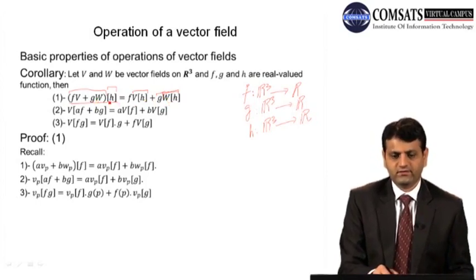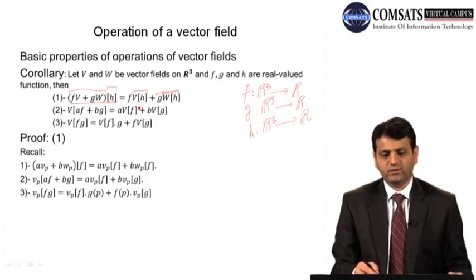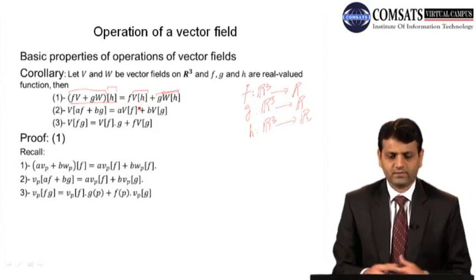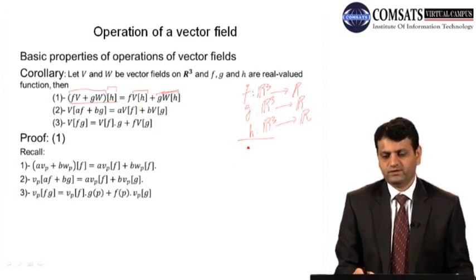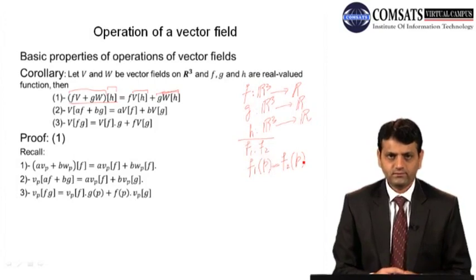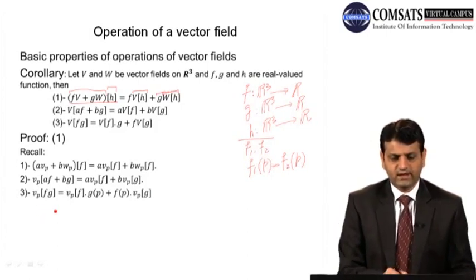So both terms are functions and their addition is again a function. So the left hand side is a function, the right hand side is a function, and we want to prove that both functions are equal. One way of proving that two functions are equal, let's say f1 and f2 are two functions, is to prove that their value at each and every point is the same. So if we can prove that the value of both functions at each and every point P of R3 is the same, then both functions are equal. So let's start from the left hand side, (fv plus gw)